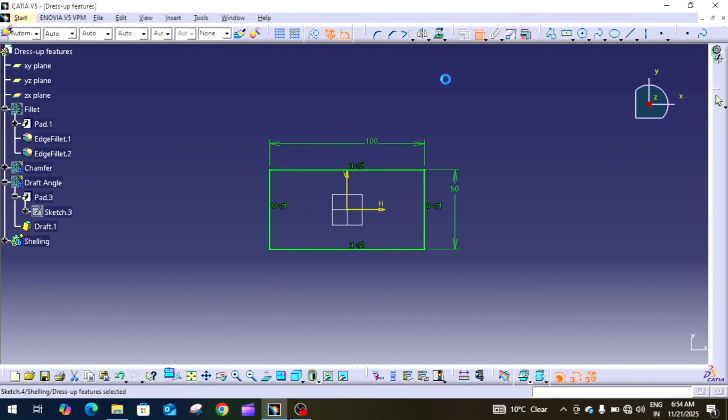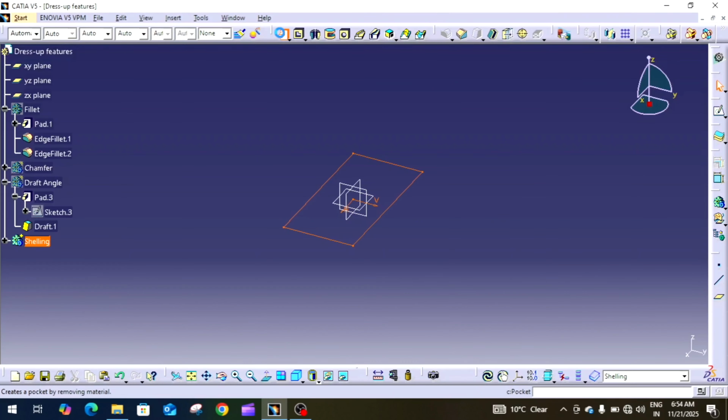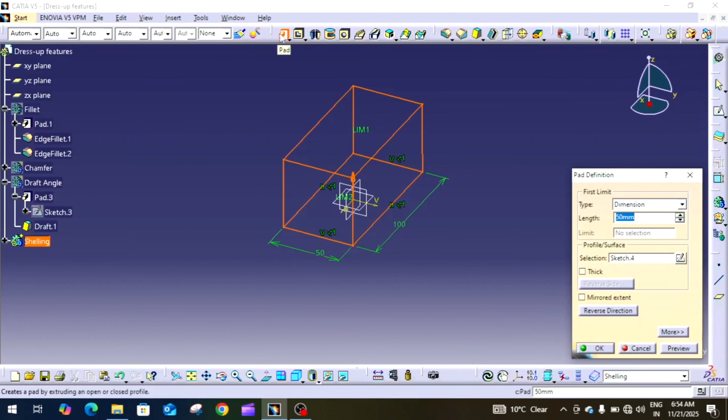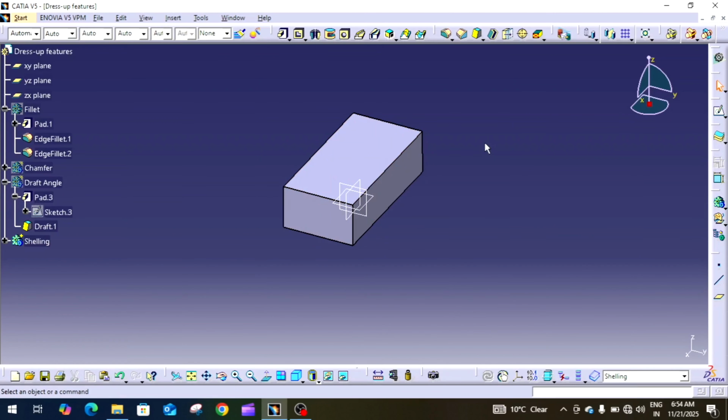Click on the exit workbench, give the dimension as 30 mm, and